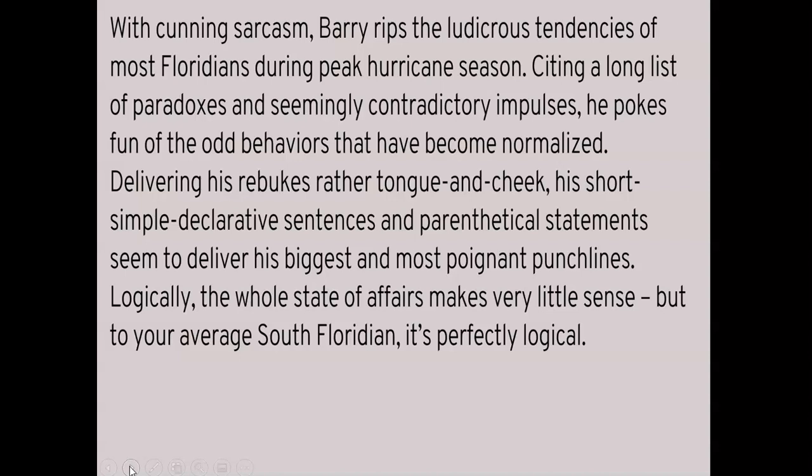His short, simple declarative sentences and parenthetical statements, so syntax is three, seem to deliver his biggest and most poignant punchlines. Logically, the whole state of affairs makes very little sense, but to your average South Floridian, it's perfectly logical. So getting into a little bit of logos there too, which is fine.